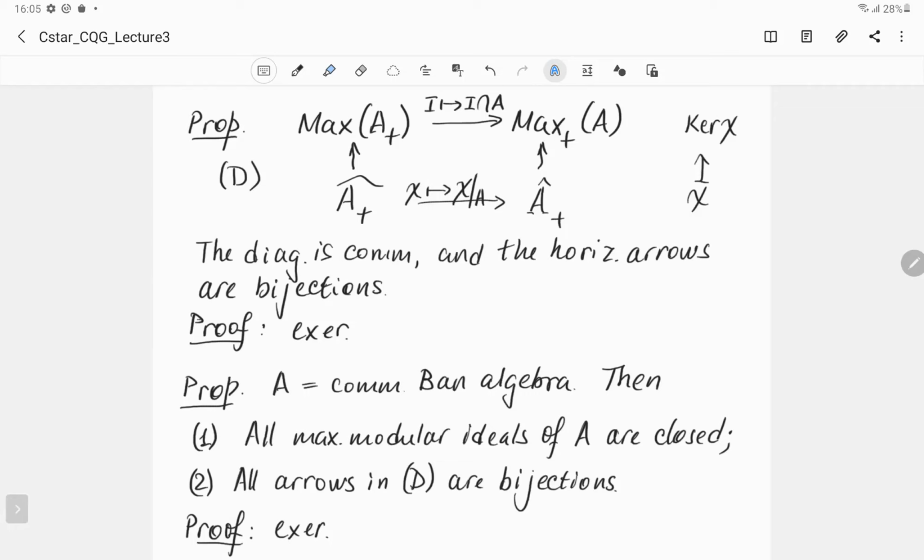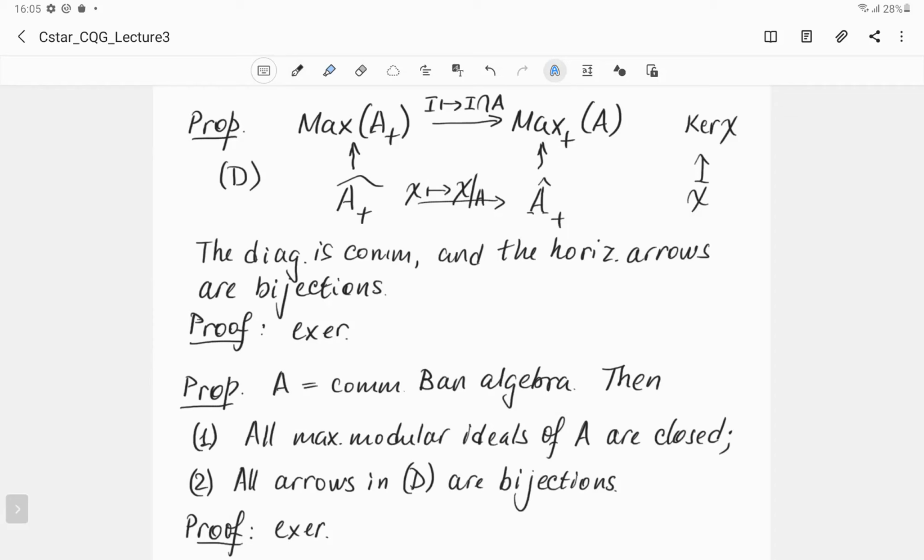And now we get a trivial proof that the upper horizontal arrow is a bijection because the diagram is commutative. The lower horizontal arrow is a bijection, and the vertical arrows are also bijections. So obviously this implies that the upper horizontal arrow is a bijection. Okay,